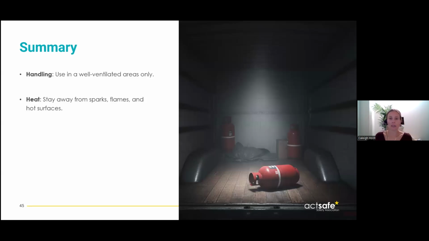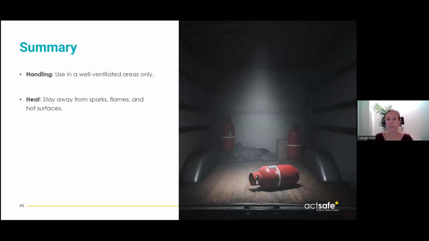Okay, so let's take a look at why that matters. So following that SDS guidance, we would have ensured that the propane cylinders were stored in a well-ventilated area. So stored inside of a truck for long periods of time is not a great idea. We need to keep them away from incompatible materials, like it said, and also ignition sources. We also need to protect it from damage. So this can be even checking for damage, because if we see something that's damaged, then we can pull that away from all the other ones. We can get it checked, right? So this is going to prevent anything like minor leaks from turning into a fire hazard like we saw.